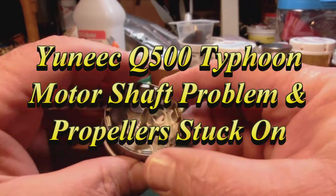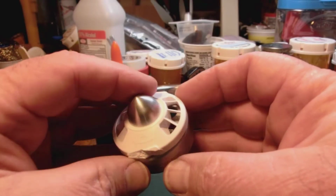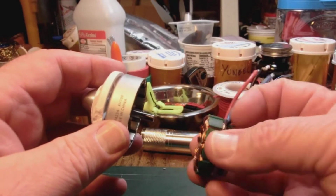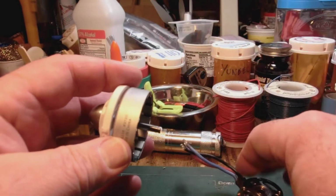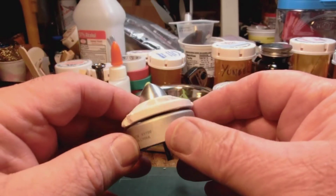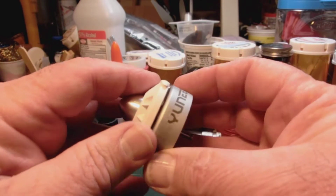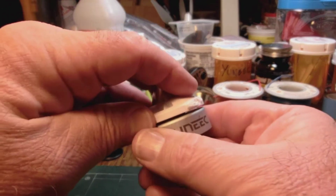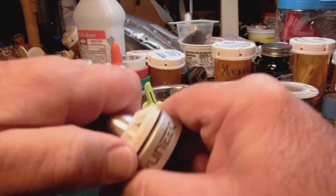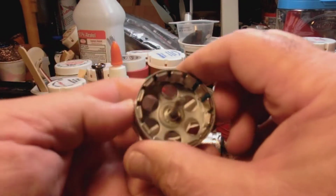This is the Yuneec Q500 Typhoon motor. Here's the inside of it. What happens is these propellers get stuck on there, and when you are trying to unscrew them, they don't come off because the prop shaft is turning. And if you see inside here,